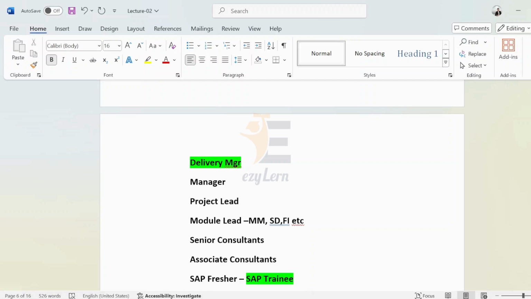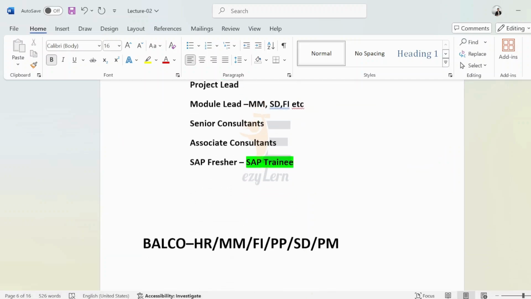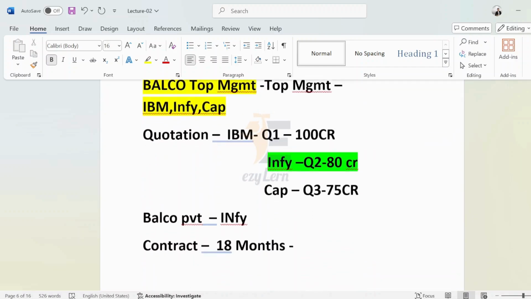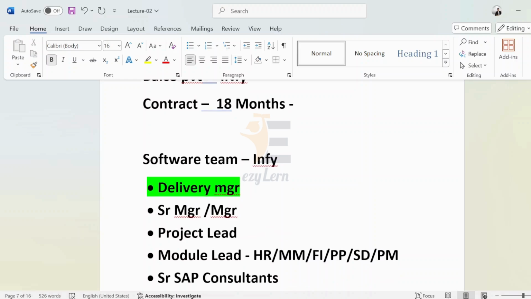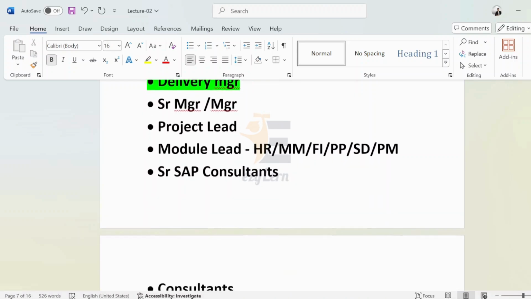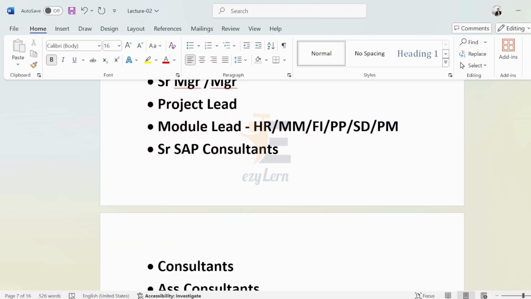Coming back to that point again: Infosys will prepare a dedicated software team that will do the E2E implementation project for Balco. A delivery manager will be there, a senior manager, a project lead, and module leads. The module leads will be from HR, MM, FI, PP, SD, PM.